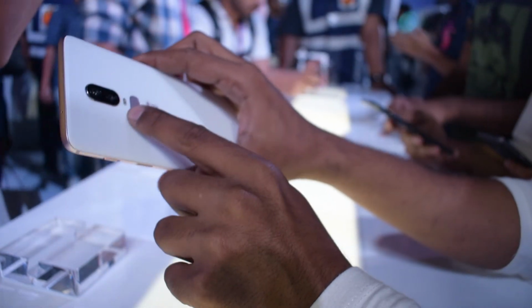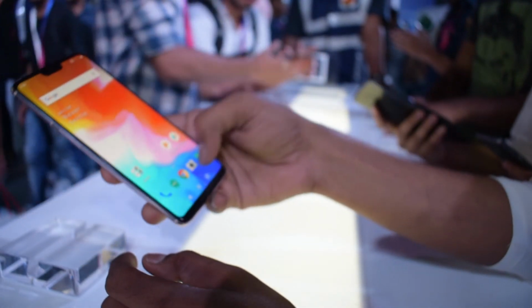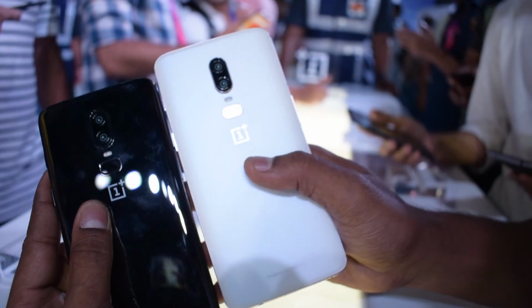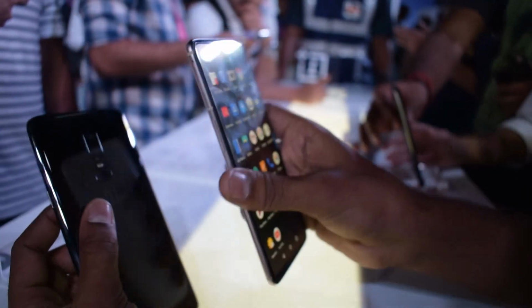That's a dual LED flash. So the speed, it is what they say, and it is running really fast. Now that's the look of these two phones. So yeah, there will be a full review and unboxing coming out. So yeah, that was a quick look at the phones, and to be honest, there's a lot of rush over